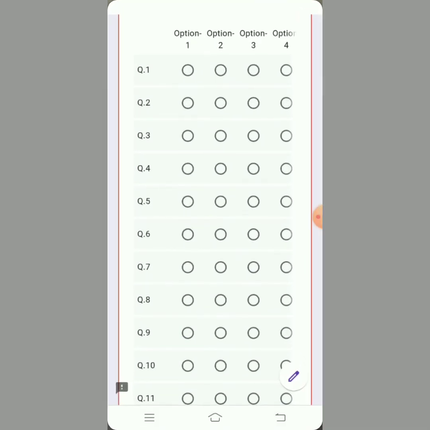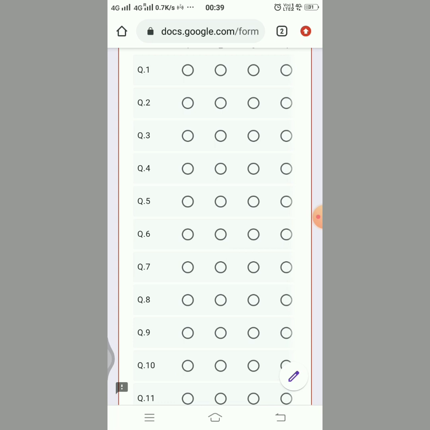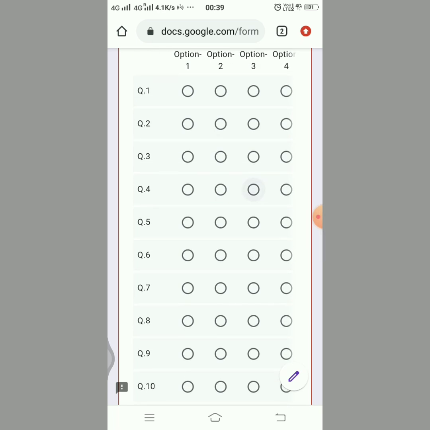So in the same way, I will look at my notebook, or I would say copy from the notebook, and then answer it. Question 1, option 1. Question 2, option 3. Question 3, option 2. So right now I'm going to give random answers, right?